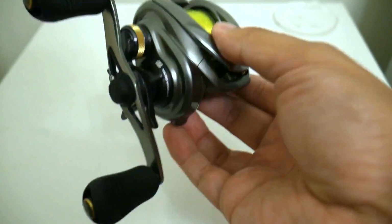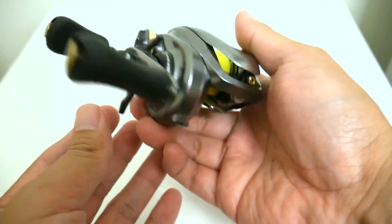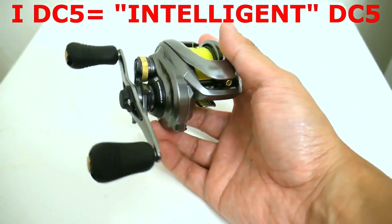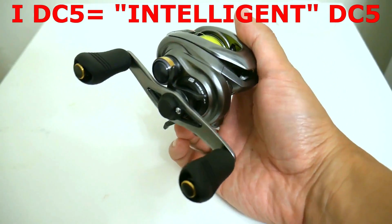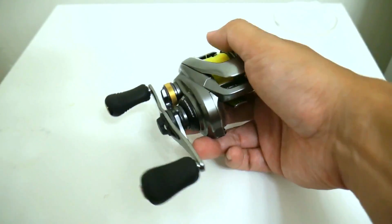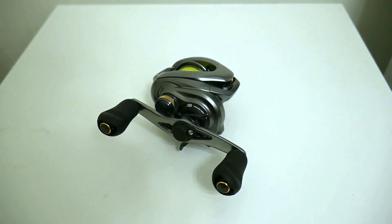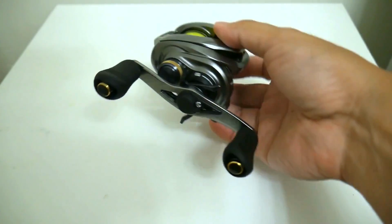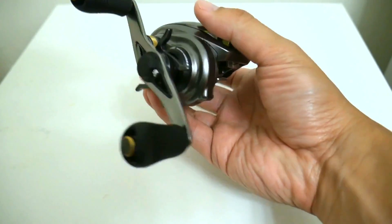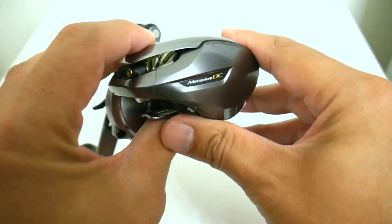Okay, so let's talk about IDC5. Now the I in IDC5 stands for intelligent. So basically Shimano says that this system learns and adjusts itself to your casting style. Now, I'll have to admit I was pretty skeptical about that claim, but as you can see, when I went to the Braid mode or PE mode and set the external dial all the way to 2, which gives the second least amount of braking,